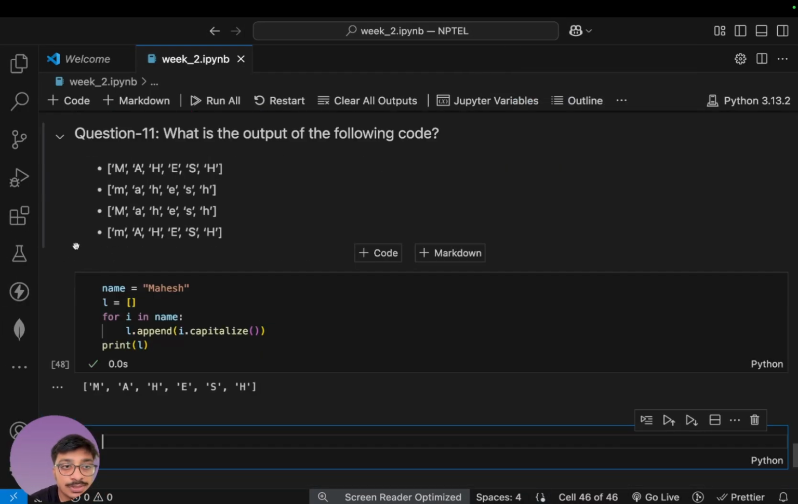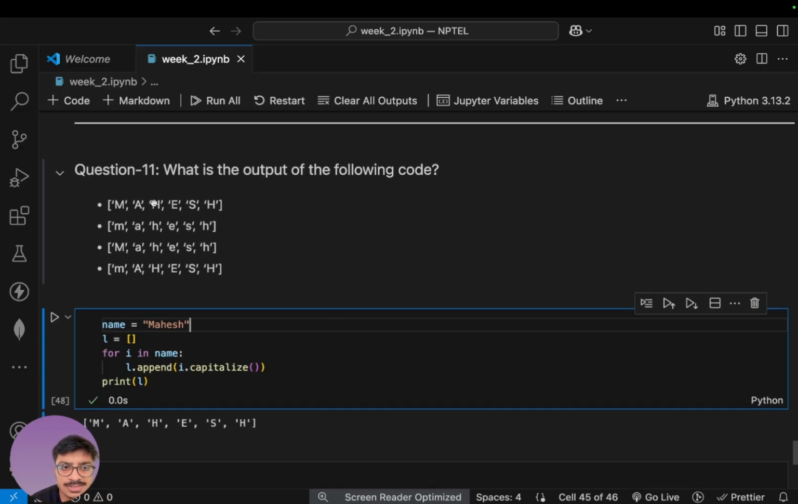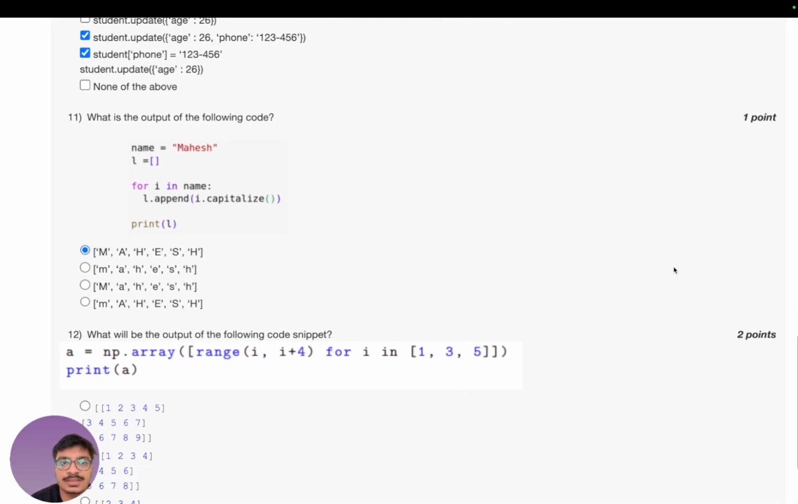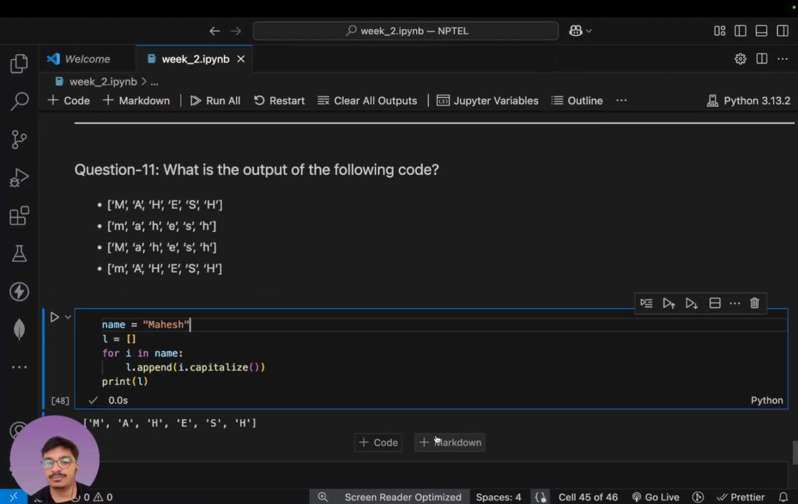Yeah. So it's giving all the letters in capital, iterating over the name Mahesh. So this is the answer, right? Because all the letters are in capital, because capitalize just changes the small letters to a capital letter. Okay,